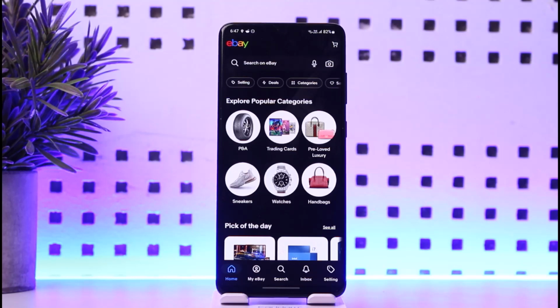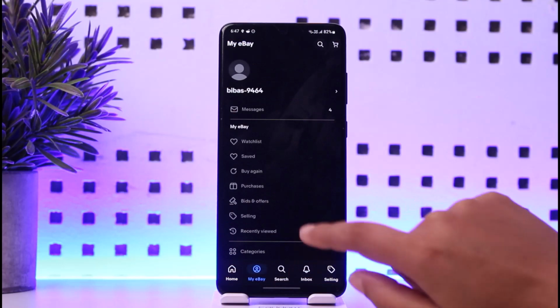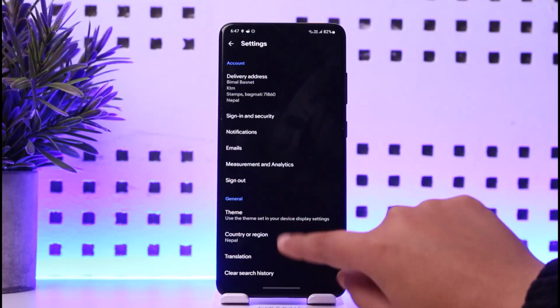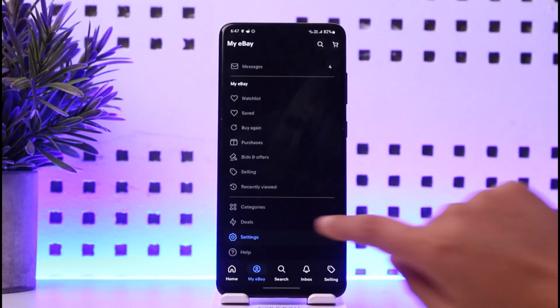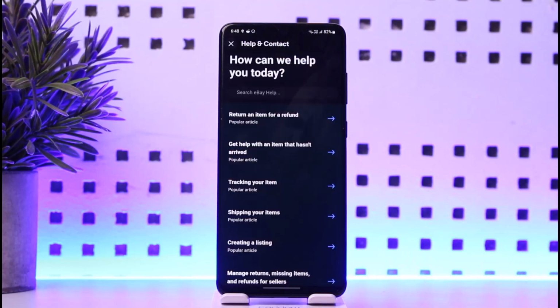For the matter, first of all, go ahead and access eBay on a mobile phone. Once you have access to your app, you're going to find this option called My eBay below. Tap on it, and here in the section, if you scroll down to the bottom, you do have a settings option, but you can find the sign out option and all, but not a close or a delete account option. For that, you have to go to this help option below, and then afterwards you're gonna